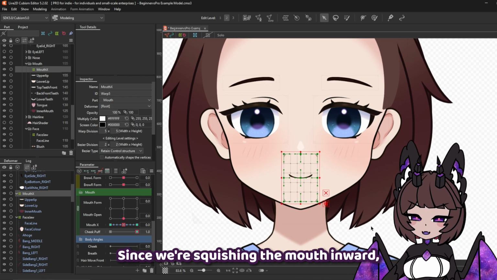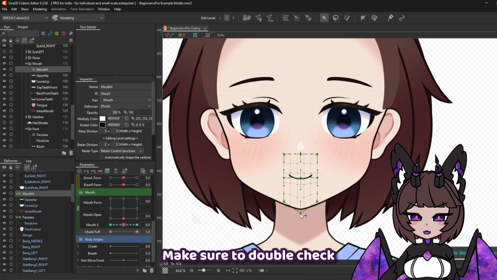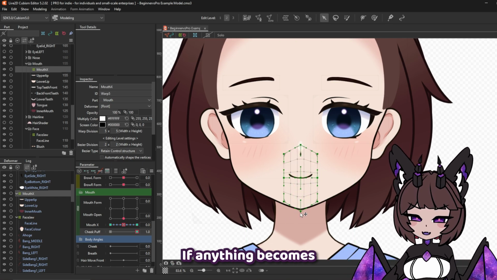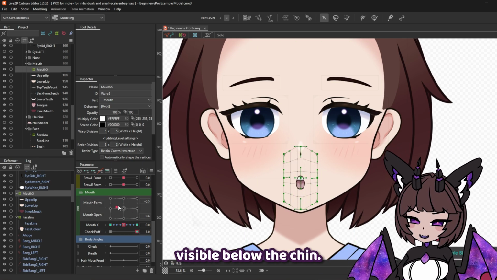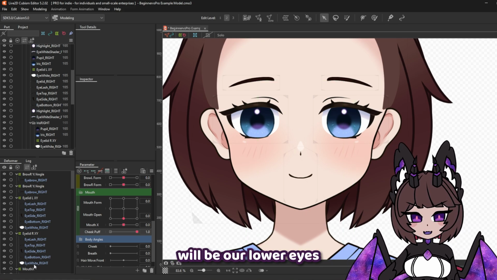Since we're squishing the mouth inward, we should also stretch the mouth vertically to compensate. Make sure to double check the open mouth shapes and adjust the skin layer if anything becomes visible below the chin. The last part we need to deform for cheek puff will be our lower eyes, as our cheeks will